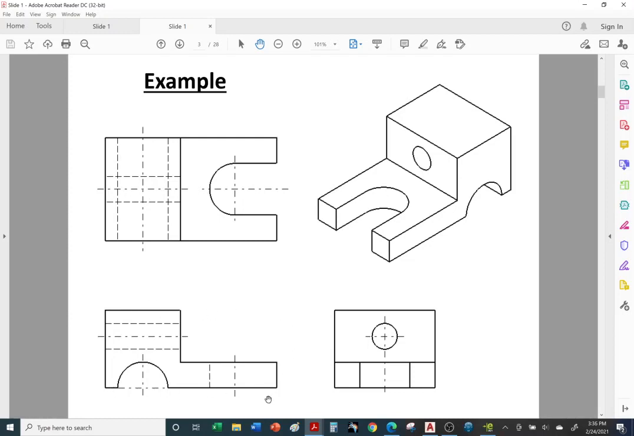We go with the length and the height. In this case, we go with the height and the depth. For this one, we go with the length and the depth. Okay, so we start with boxes, rectangular boxes, or I should say rectangular shapes, before we start drawing all the details. All right, so